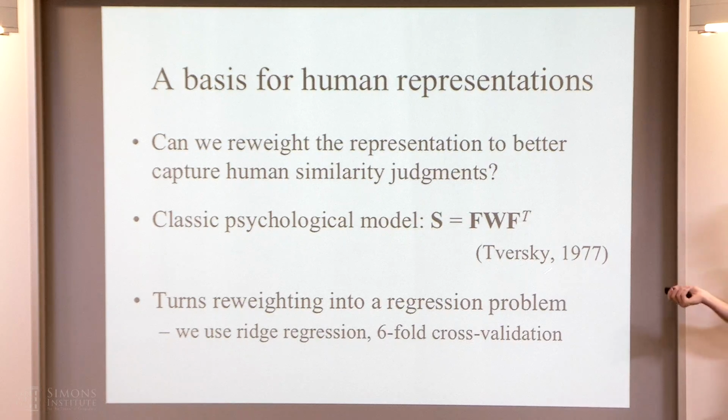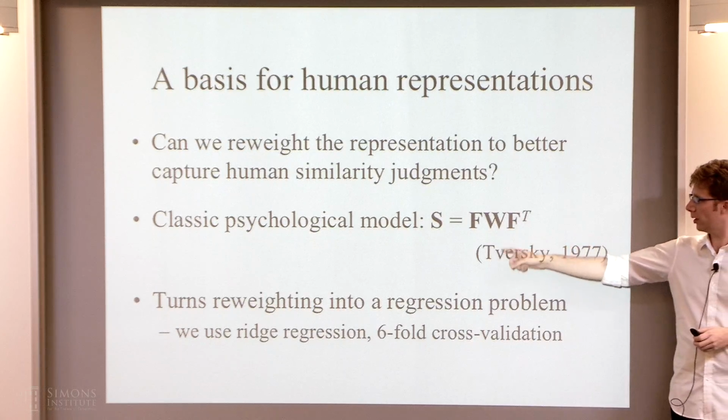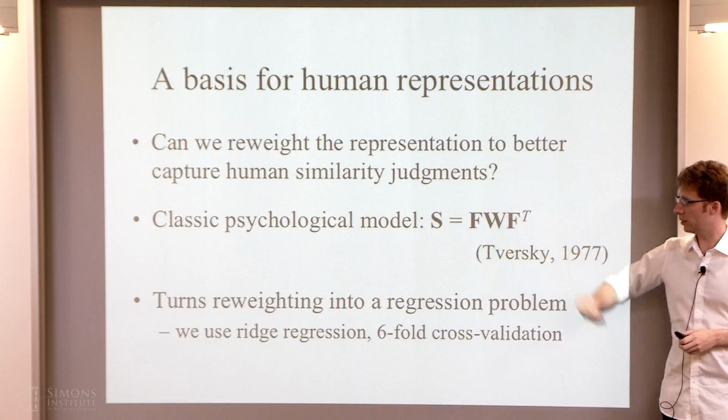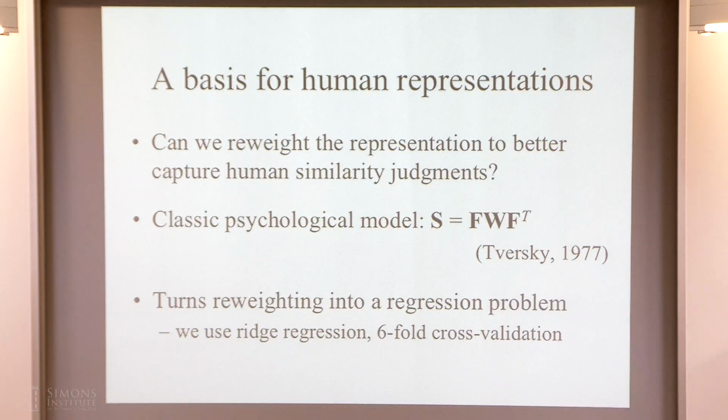And so to do this, we actually use a similarity model that Amos Tversky had introduced. So his feature-based similarity model, essentially, one part of that ends up being taking an inner product between feature representations, but doing so in a way where you're assigning different weights to each of those features. And so previously what we were doing was taking this inner product, but with the identity matrix here, we can instead say, what I'm going to do is take the inner product, but I'm going to learn a set of weights on those dimensions in order to best reproduce the human similarity judgments. And that turns into a pretty straightforward kind of regression problem.